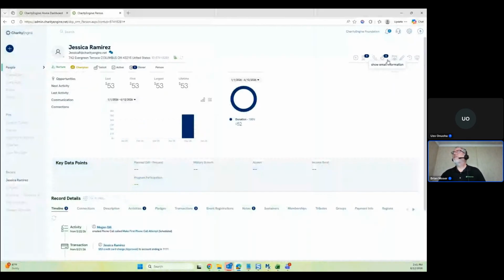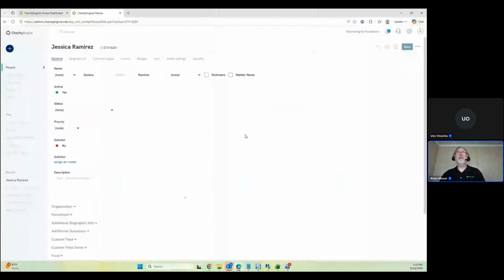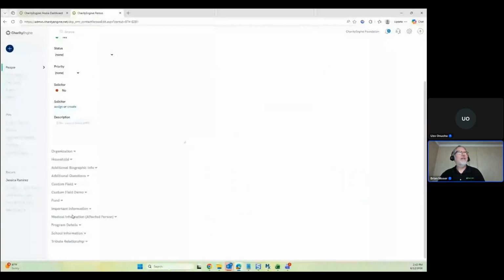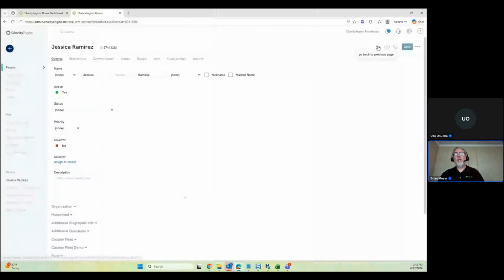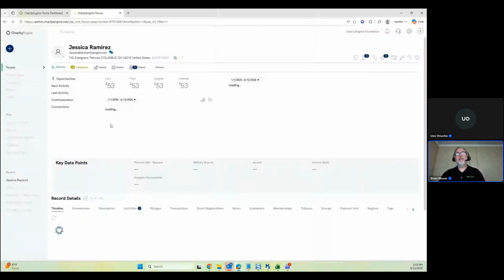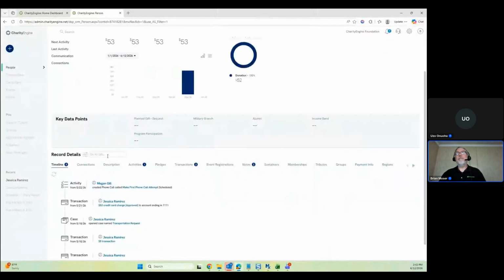What I did want to show you here was the edit button. I know everybody knows the edit button and what it does, and it takes you over to the edit screen. But what I wanted to show you here was that this is where we hold your contact custom fields. The difference being, when people start working with those contact custom fields, they come down here and they'll know that they're stored here. If I just blast my way to the end here, you're going to see